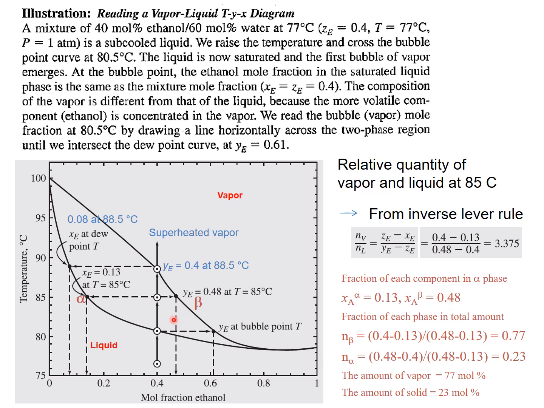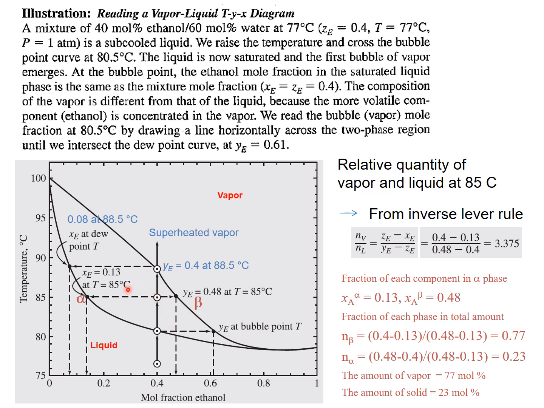Then let's go to the amount for each phase. It's time to apply the inverse lever rule. This is the vapor side, and this curve is for the liquid side. So this length is responsible for the vapor amount, and this length is responsible for the liquid amount. So let me calculate it. So about the beta or vapor,